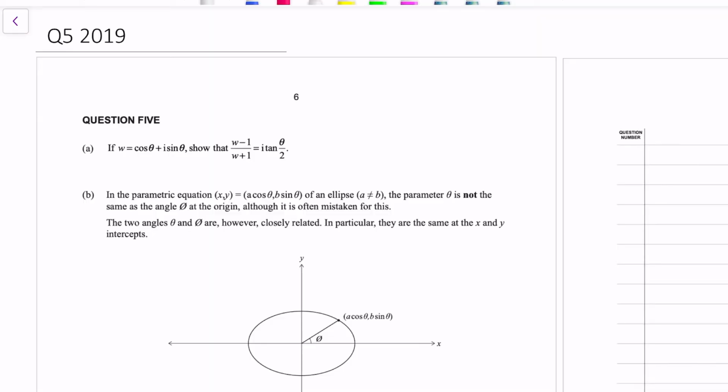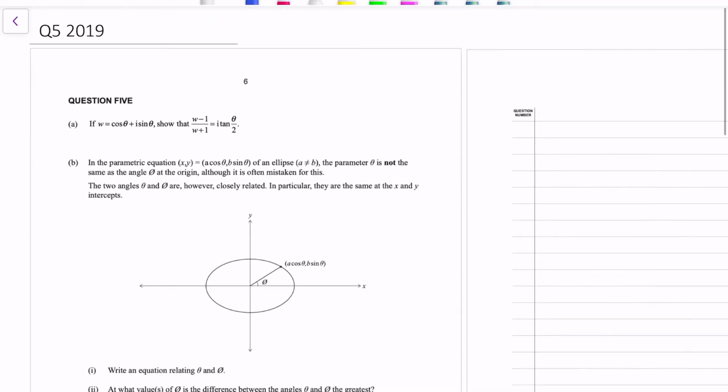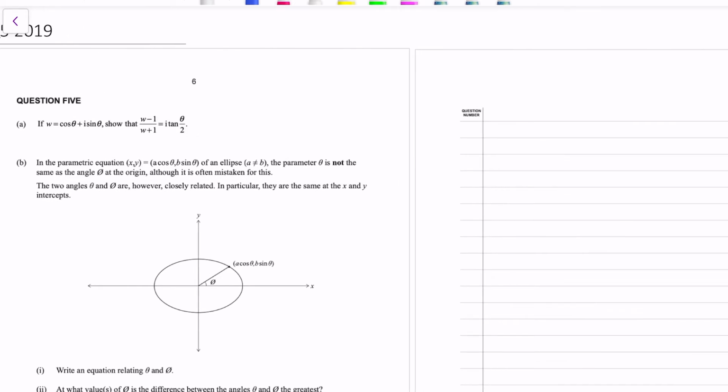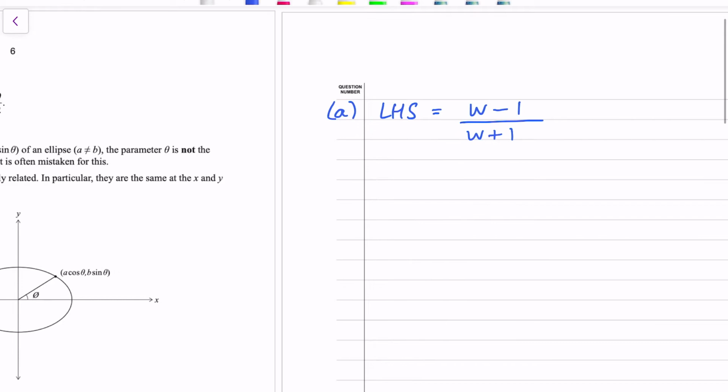Okay, so question 5a. A typical answer to this would involve just substituting cos theta plus i sine theta into the expression. And it's similar to excellence problems where you have to sub z equals x plus iy in. So if we substitute cos theta plus i sine theta in for w,